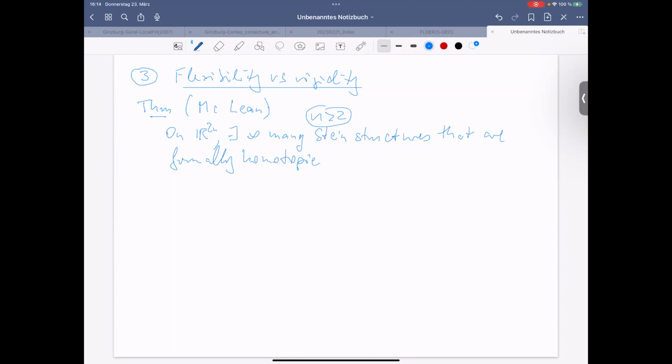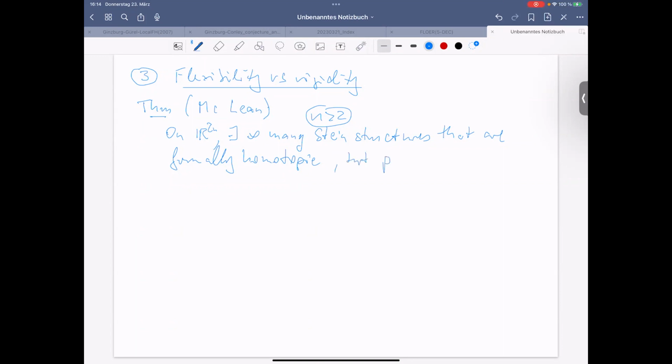So a Stein structure comes with its own complex structure and an exhausting plurisubharmonic function on R2n, which are formally homotopic. That just means that the almost complex structures are homotopic as almost complex structures. Of course, on R2n it's automatic because there's no topology. But I'm just writing it that way because I will say how it even generalizes further in a moment. So that are formally homotopic, but